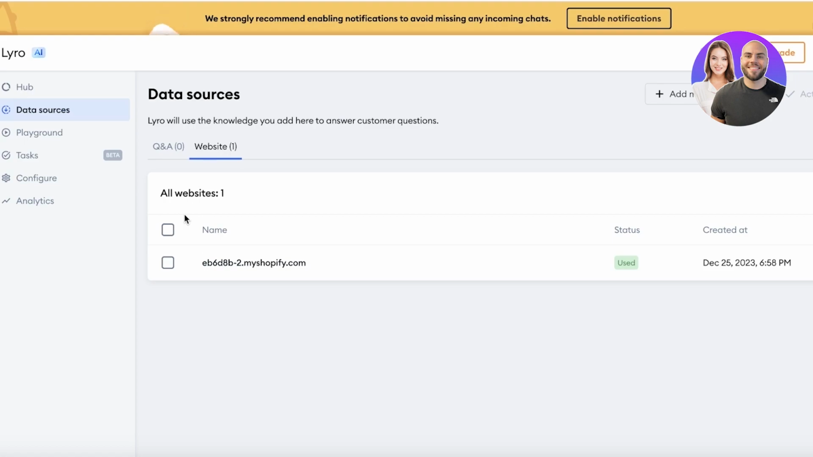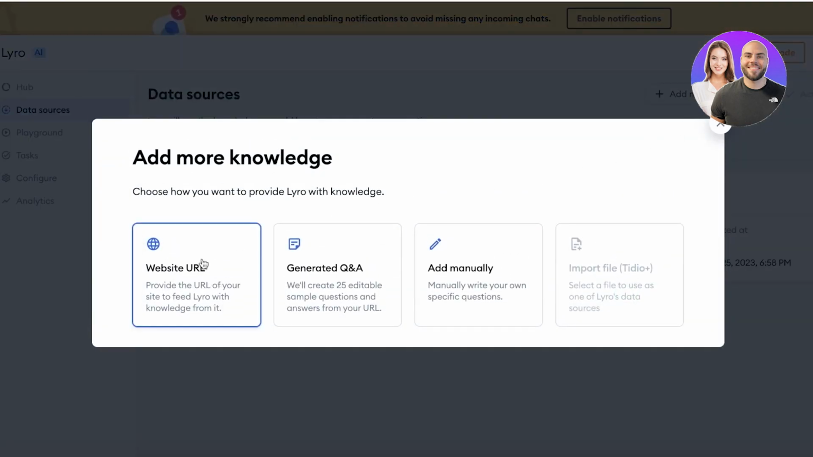So for us, we are using it for our Shopify store, and we are going to provide it with all the links to our Shopify pages from where it can actually derive its data from. So you can go into data resources and click on add knowledge, and then we can choose three basic options. You can enter your website URLs, you can use a generated Q&A, and then you can manually write your own specified questions, which you might think are applicable to your